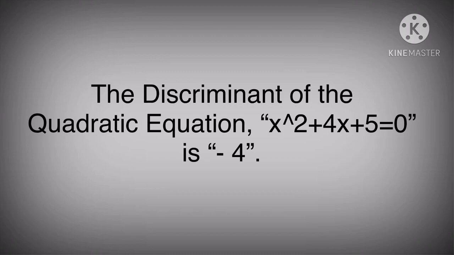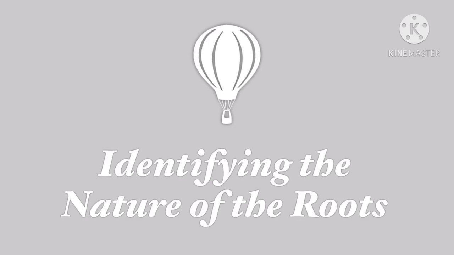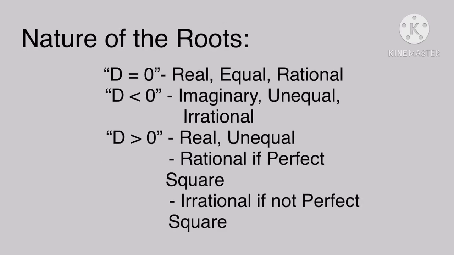We already obtained the discriminant, and the next thing we need to do is to identify the nature of the roots of the given quadratic equation. We must know these factors in order for us to identify the nature of the roots correctly. When the discriminant is equal to 0, the nature of the roots of a quadratic equation are real, equal, and rational. When the discriminant is less than 0, the nature of the roots are imaginary, unequal,